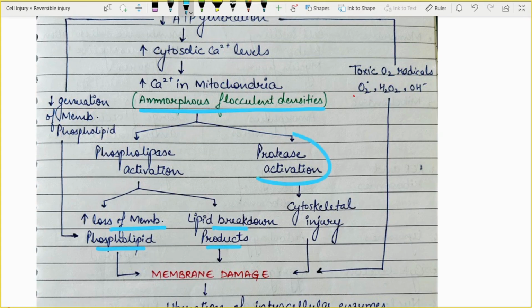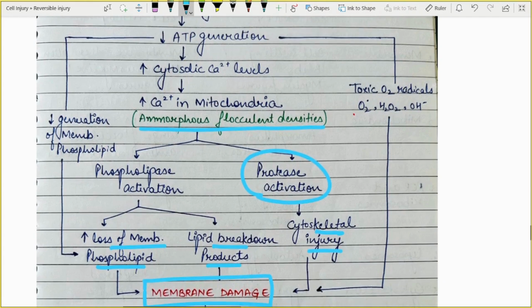And protease activation will lead to cytoskeletal injury. These all things will lead to membrane damage. This is what I have told you earlier, that there will occur mitochondrial damage and there will occur the membrane damage. Now, if there is decrease in ATP generation, it will also lead to decrease in generation of the membrane